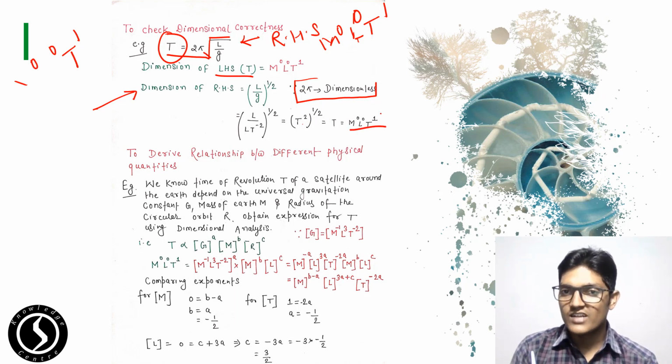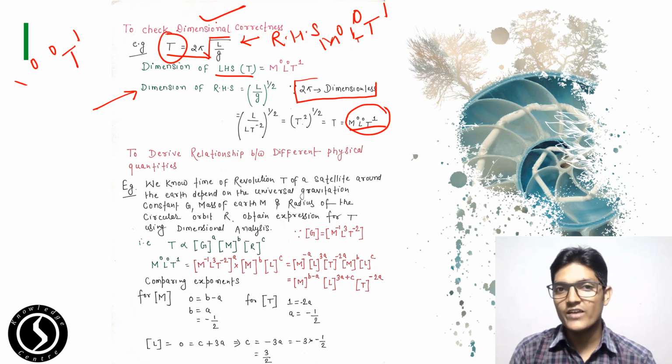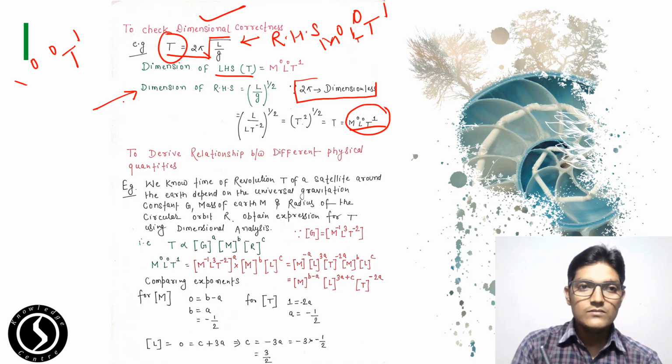So you can see the dimensions of RHS is equal to dimensions of LHS. So we can say that it is dimensionally correct. I hope you all have got it. Okay. Now the third one,